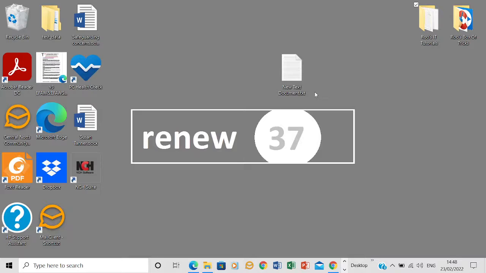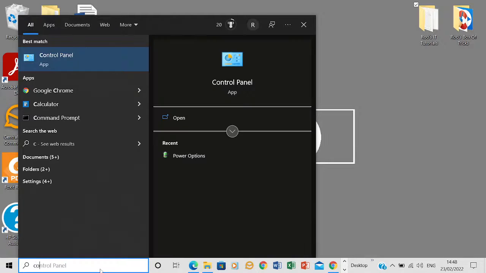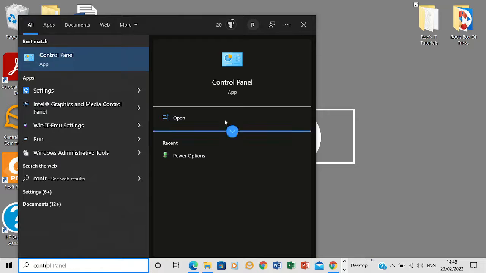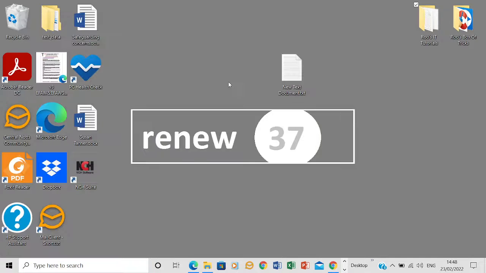Now, there is a way to maybe speed up your internet connection. It depends on a lot of things. Quite some of them I don't understand, and the ones I do are quite complicated. So if you just follow my lead, I'll show you what to do. If you come down here and search for control panel, again, there it is. Open that,